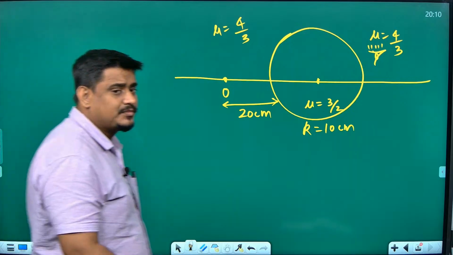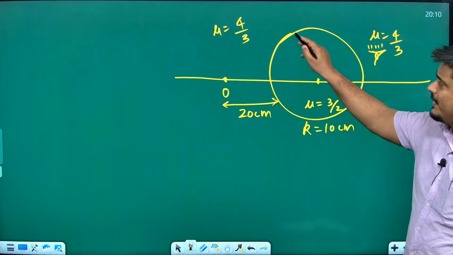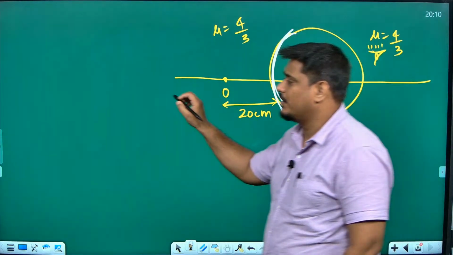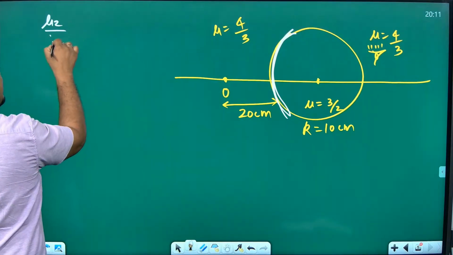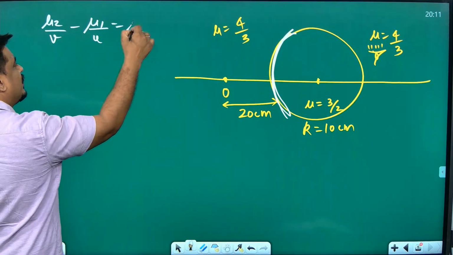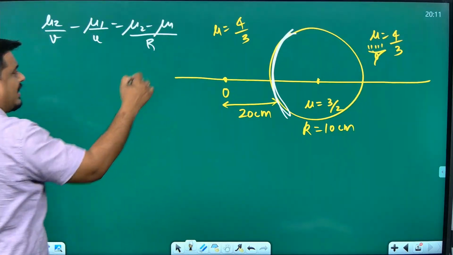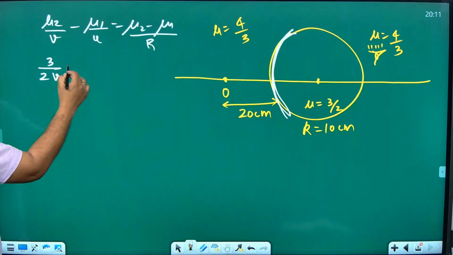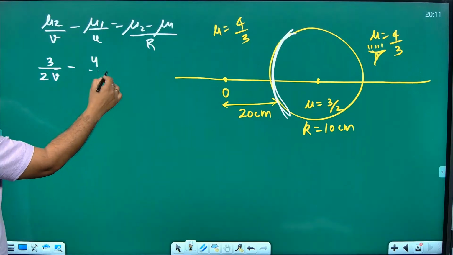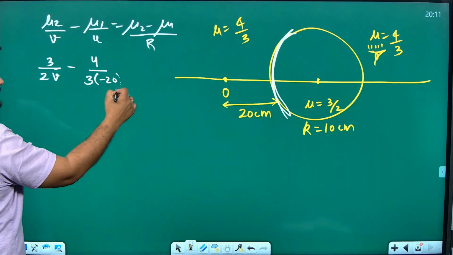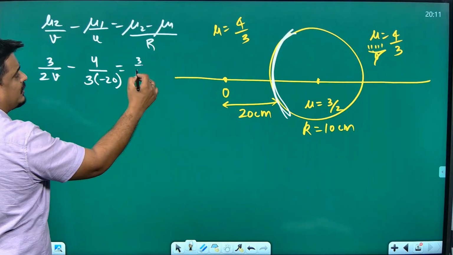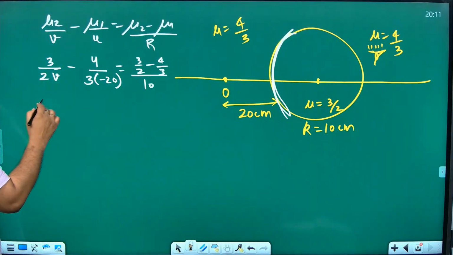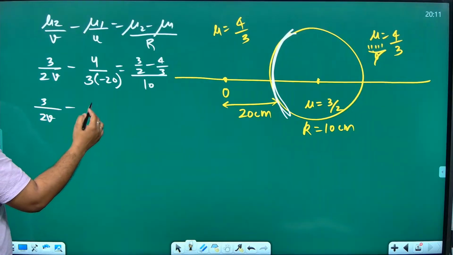So as I said, step 1 is we'll take this as the interface, isn't it? So we will use mu2 by v minus mu1 by u is equal to (mu2 minus mu1) by r. What is mu2 here? 3 by 2. So 3 by 2v minus mu1, which is 4 by 3, times u, which is minus 20, is equal to (3 by 2 minus 4 by 3) by r, which is 10. When you solve this, 3 by 2v minus